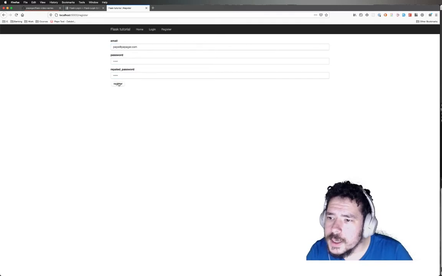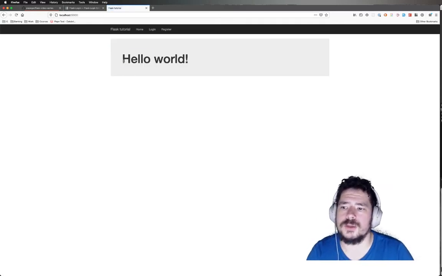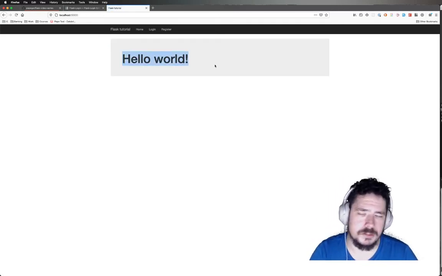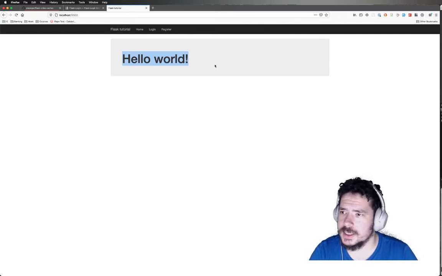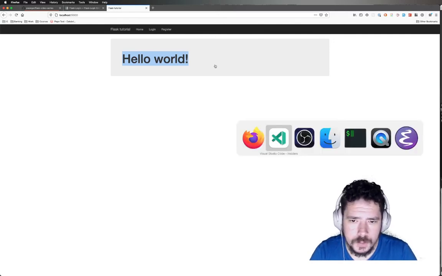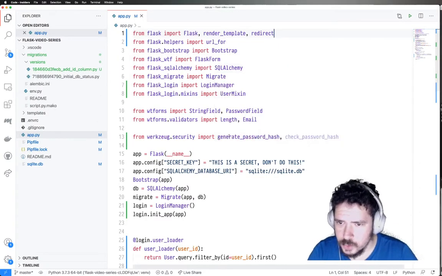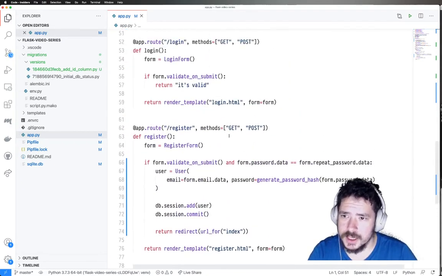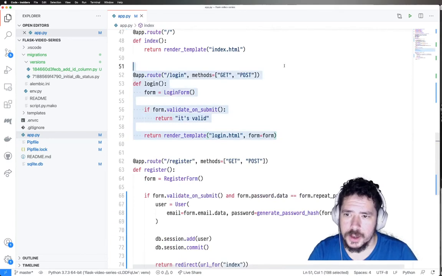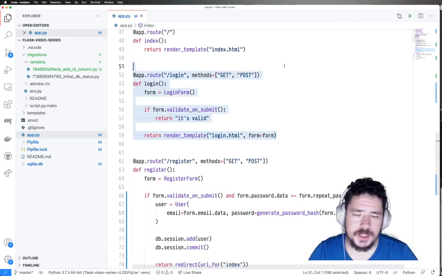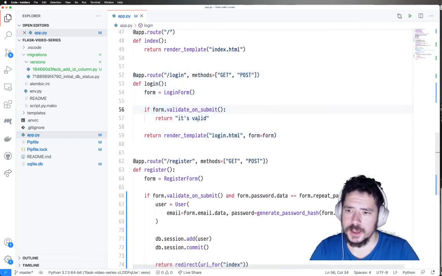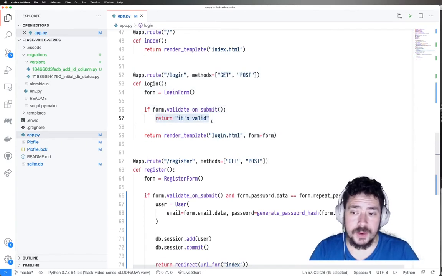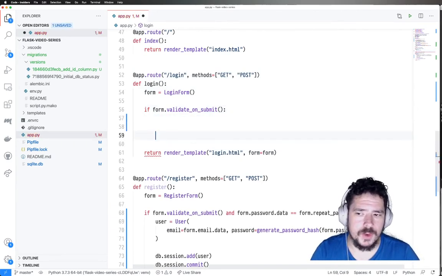So this way, if we register, okay, it redirects us to the homepage. That means that it worked. Cool. So now let's work on the login part. The login part, we are handling it in this other endpoint here. And we were doing the same thing, right? We were just returning it's valid when